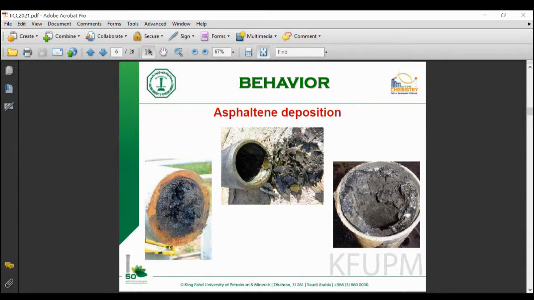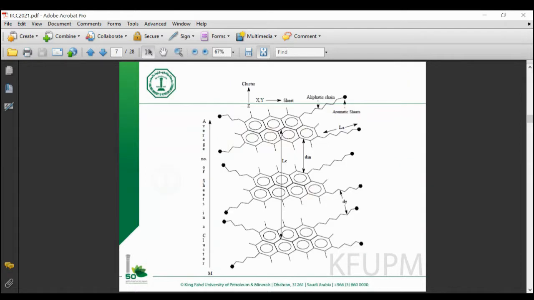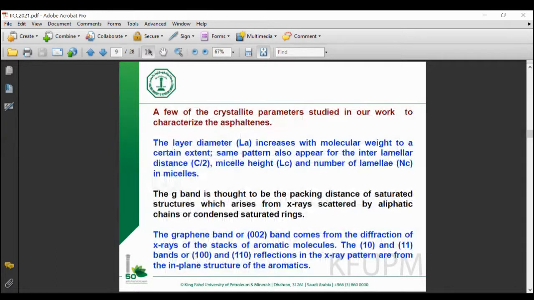So this asphaltene is definitely a harmful portion of the crude oil, but an important portion because it also helps in the stability of the crude oils. When I studied the structure of the asphaltene, it comes out to be the same. These are stacks of polyaromatic hydrocarbons. They have a definite width, length, and thickness. And we use XRD. This is simple, you may say, to get the gist of what these asphaltenes are, from XRD alone.